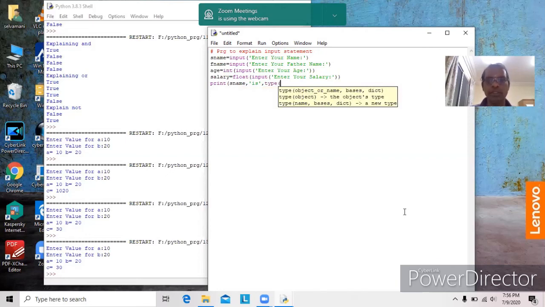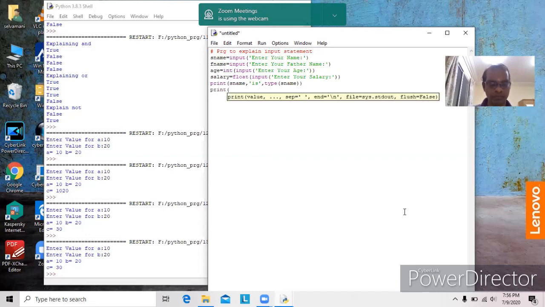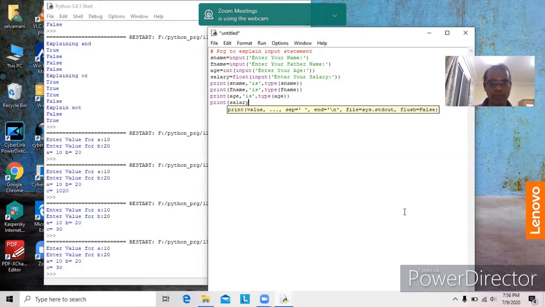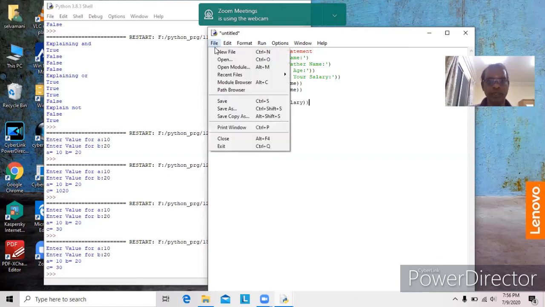It shows the data type of the variable. Let me show the program.